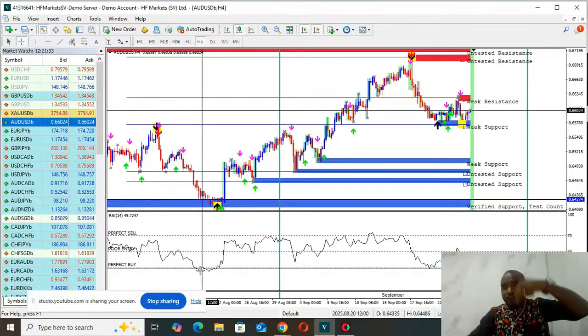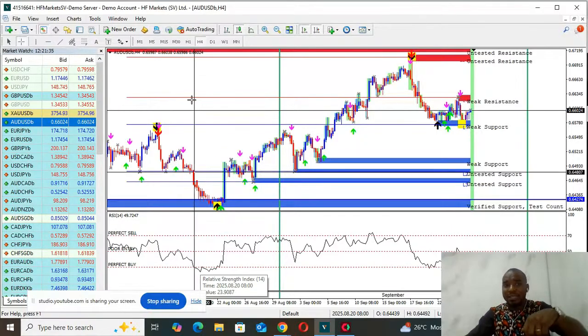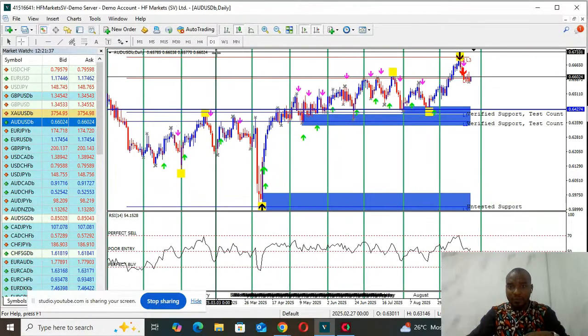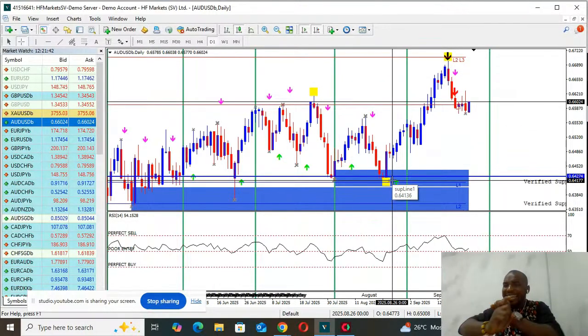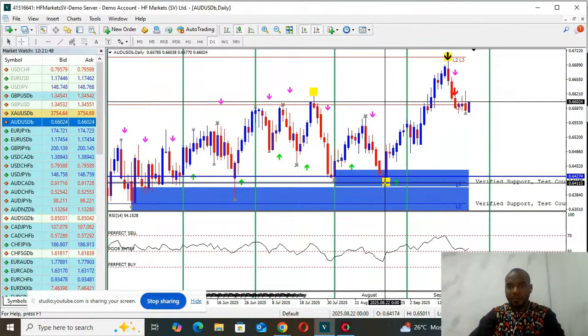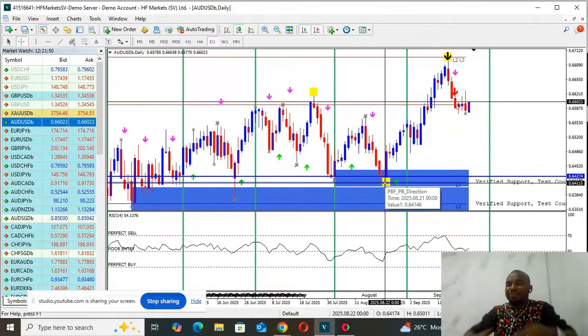Now, to confirm for you that this guy is a big movement, if you go to daily, that zone I marked, see it is both a daily zone and a 4 hour zone. It's a very strong movement, very massive movement. That's the kind of play I like taking. When you take the trade, you go and relax, because the market will go in your direction. It doesn't have an option, when the market is coming from both a 4 hour zone and a daily zone, right?